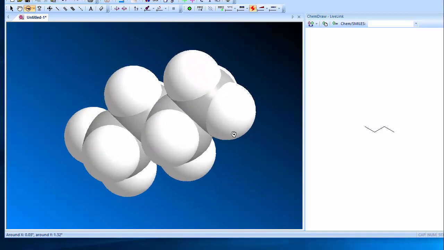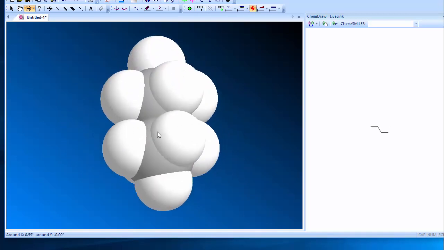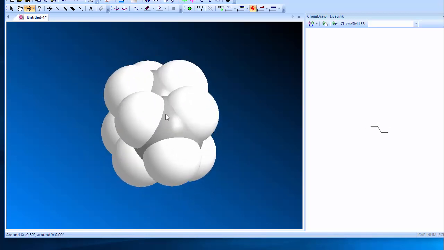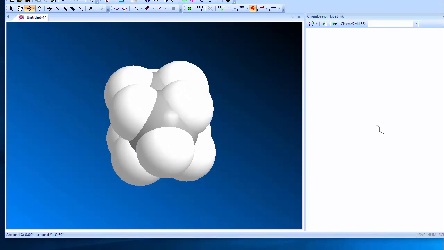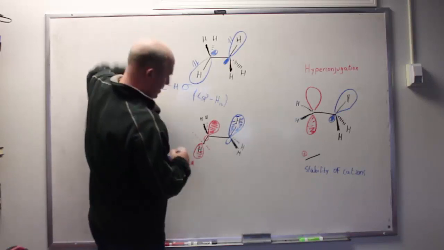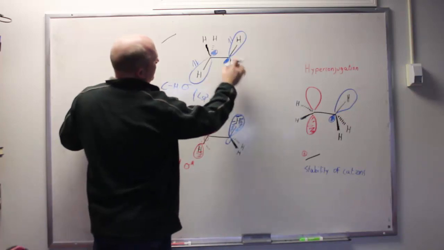No, in fact, what's probably going on is quite a bit more complicated. That is donation of electron density from a full CH bond into a sigma star orbital on the backside of another carbon. That's a strange thought, but I'm going to illustrate it for you on the board. So the idea is simple, if a little bit weird. Here I've drawn ethane, and I've drawn out the ethane from the side so that you can see the sp3